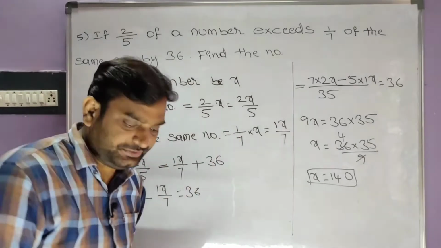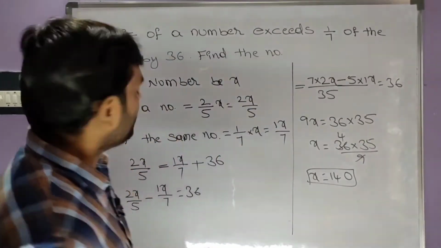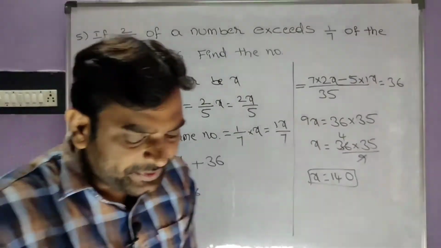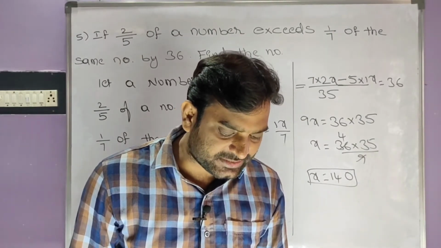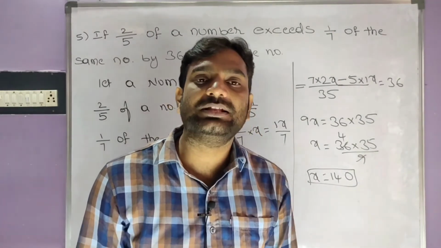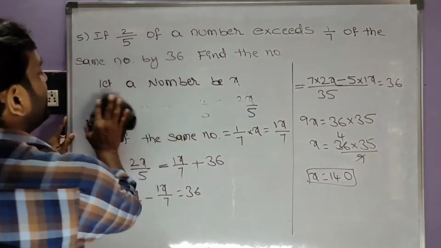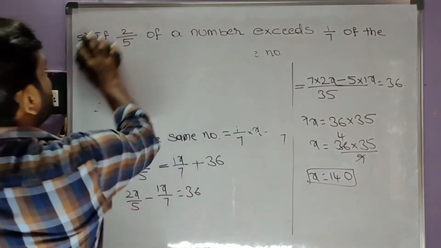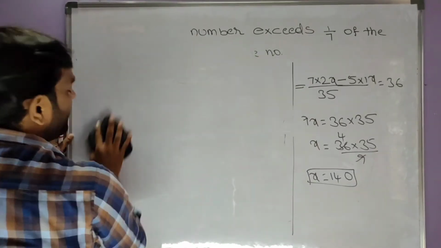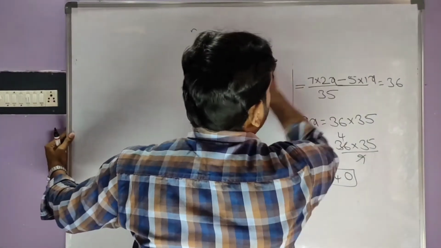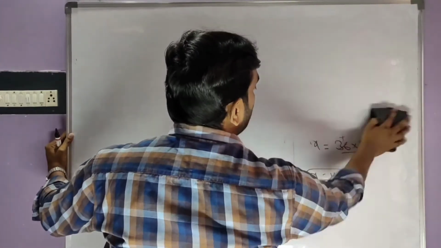After that, simple calculation. Yeah, next one, sixth problem. Two pieces of length 2 3 by 5 meter and 3 3 by 10 meters are cut off from 11 meter rope. Then what is the length of the remaining rope? Here the total length of the rope is 11 meter, two pieces are cut, then find the length of the remaining rope.